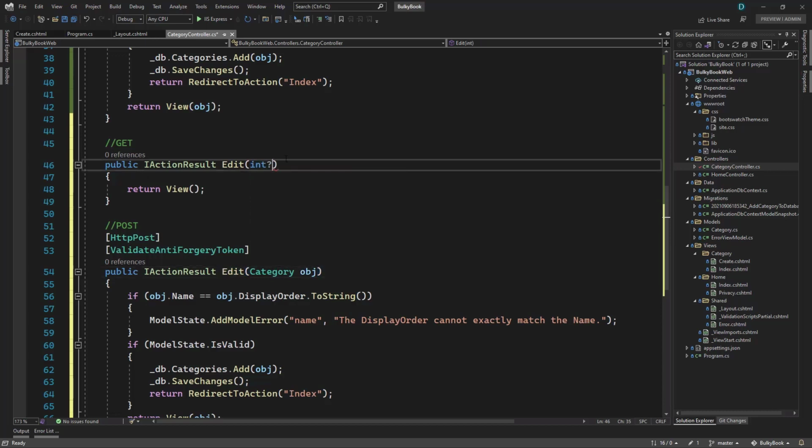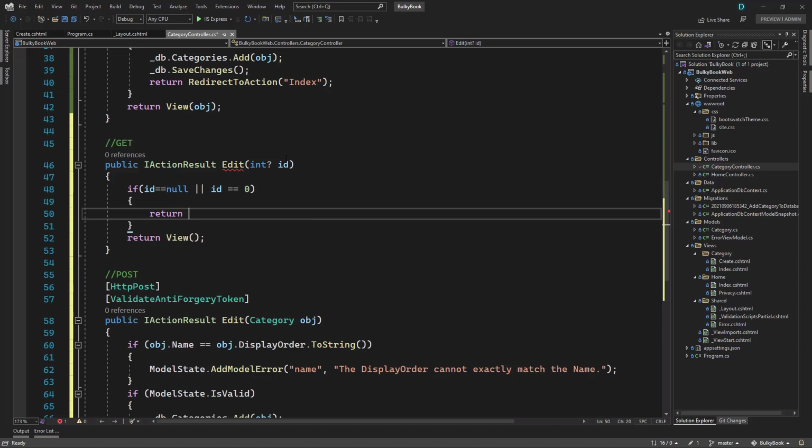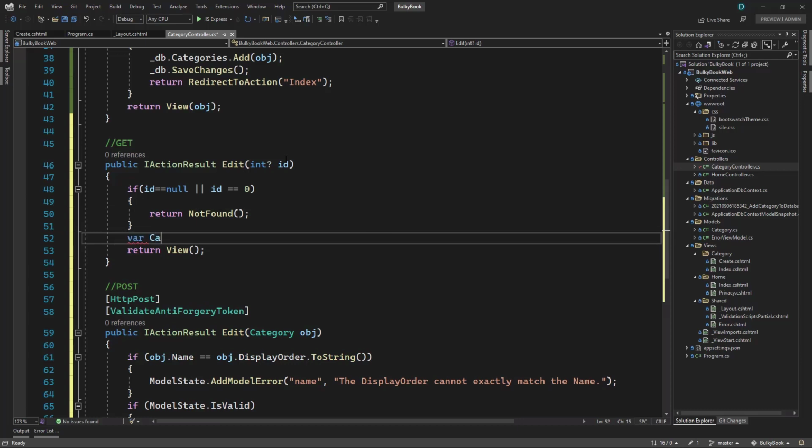Here we will retrieve an integer, which will be ID. Based on that ID, we have to retrieve the category details and display them. So we can check here if ID is null or if ID is equal to 0. In those cases, we will return back not found because that is an invalid ID. If that is not the case, we will retrieve the category from database, so category from DB, and we will extract that using